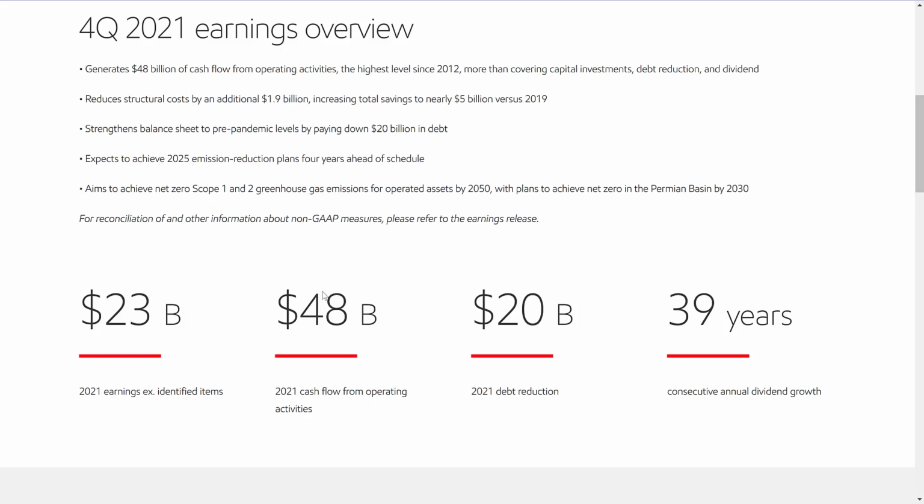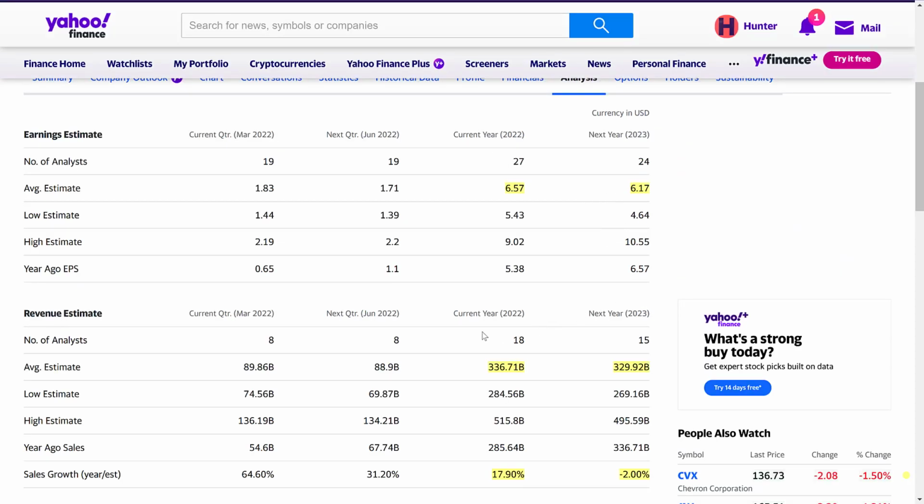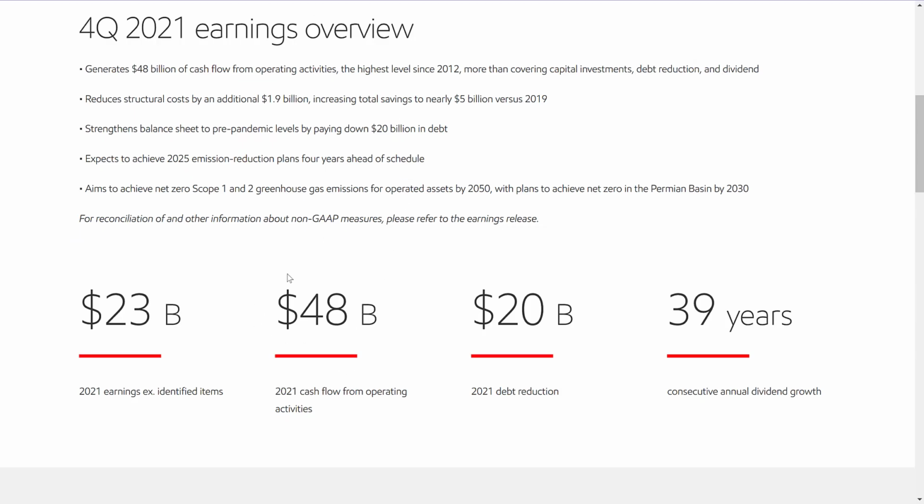2021 cash flow, the entire year. These are really good numbers, and their cash flow in this economy, I think in the high interest rate, high cash flow companies are going to perform the best. Now, one thing that struck me was sales and earnings are expected to decrease over the next year just from analysts. However, they're expecting really good numbers, and they're making really good numbers right now, so it's not the biggest